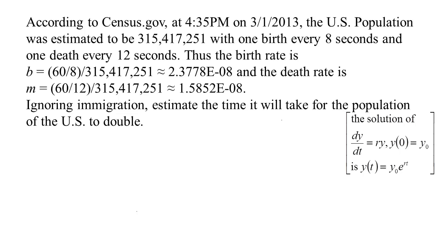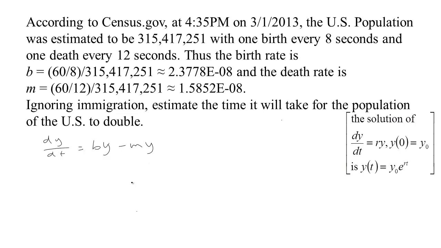Okay, so we're going to ignore immigration and just figure out how long it's going to take for the U.S. population to double. Now we've got this model here. If Y is the population, dy dt, well, it should be growing by the birth rate times Y, right? So we calculated the number of births per person in a minute here. So we did 60 seconds, so this is births per minute per person minus the number of deaths